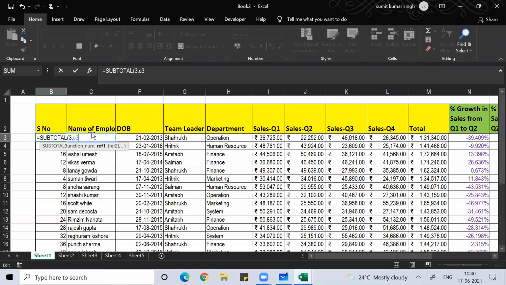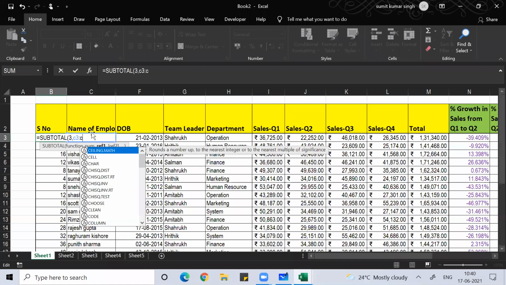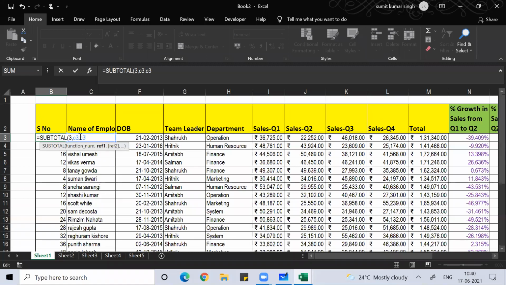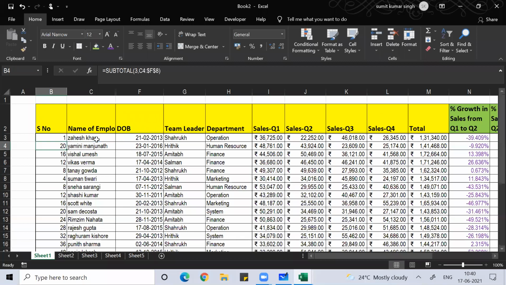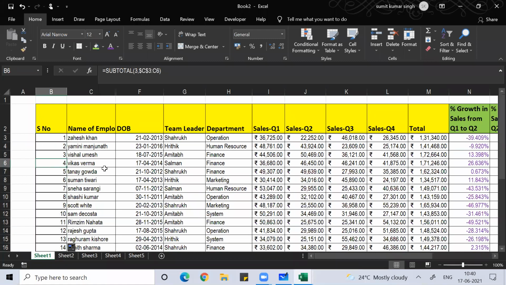Okay, then C3, fix this cell. Function F4. Anyone, any doubt?